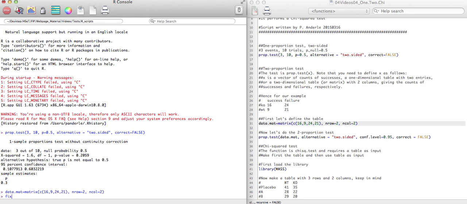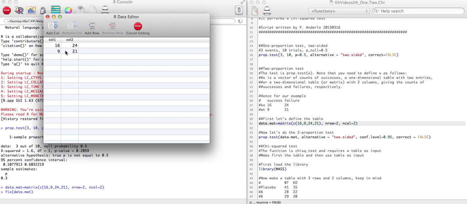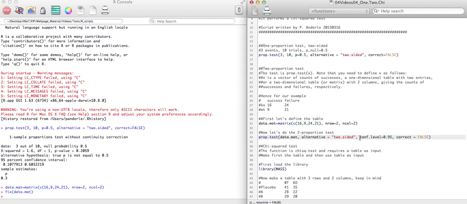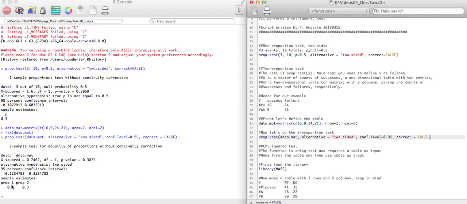Then by typing fix, we can look at the data. You can see it's exactly what we need. Now we do again a prop.test, and again we do it two-sided. We can see first proportion is 40%, second 30%, and we get a p-value of 0.38, which, assuming confidence level of 0.05, wouldn't be